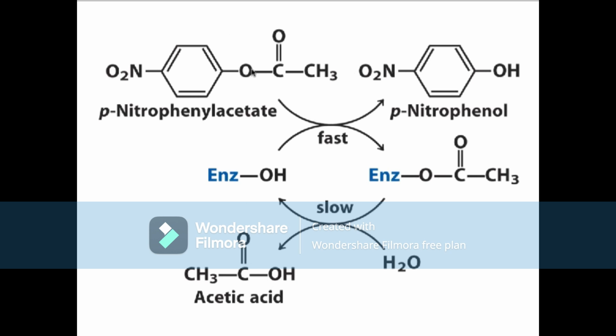So what will happen very quickly is the serine will attack this carbonyl carbon, releasing nitrophenol, which has a much stronger color than the ester. It's actually yellow. And this is very, very pale yellow. This is bright yellow. Okay, so you can measure this in a spectrophotometer. And so you can mix the enzyme and substrate very quickly and immediately see one equivalent of paranitrophenol. That is, one equivalent compared to enzyme, because this reaction is slow. So when you're measuring the overall rate of hydrolysis of the enzyme, you're actually measuring this rate, the slow